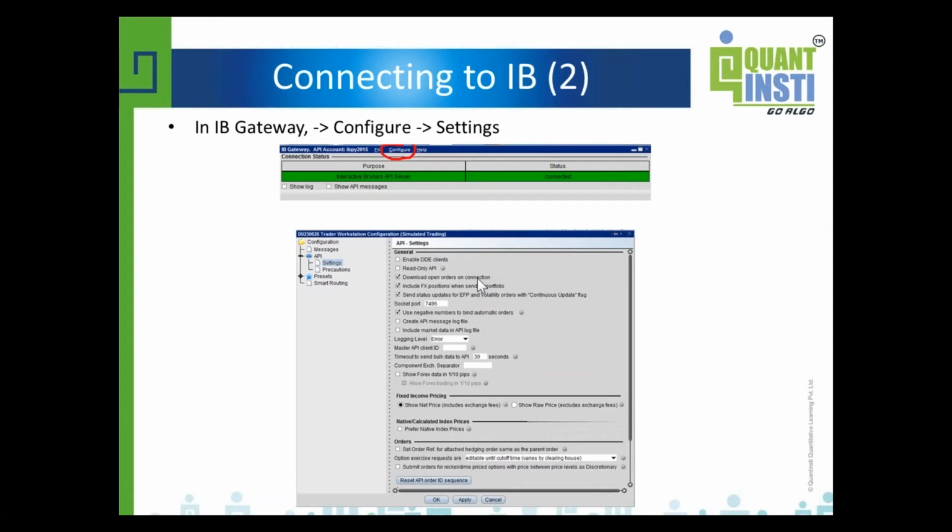And then here's the setup if you're using IB Gateway. It's pretty simple, actually. First, you need to click config here, and then a configuration window will show up like this. And then you click API, click settings. Then you will see information here.